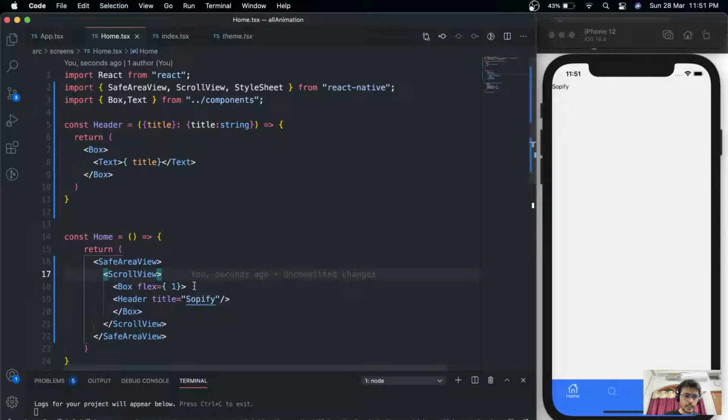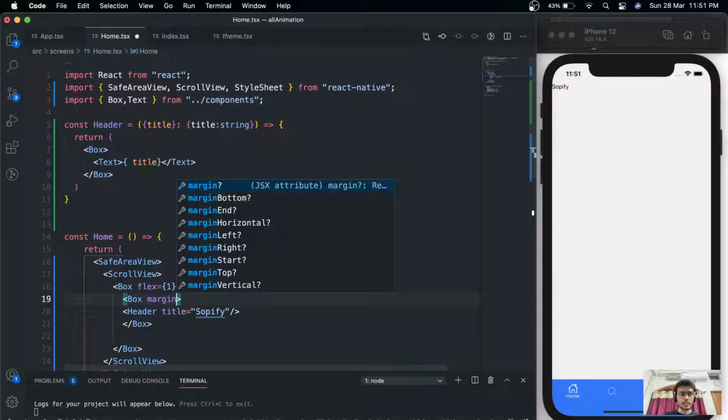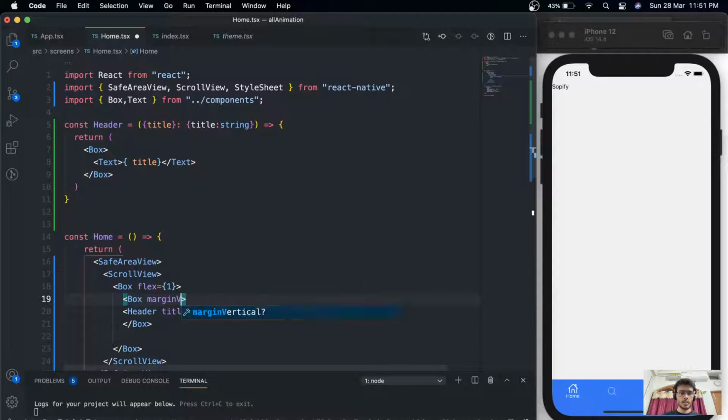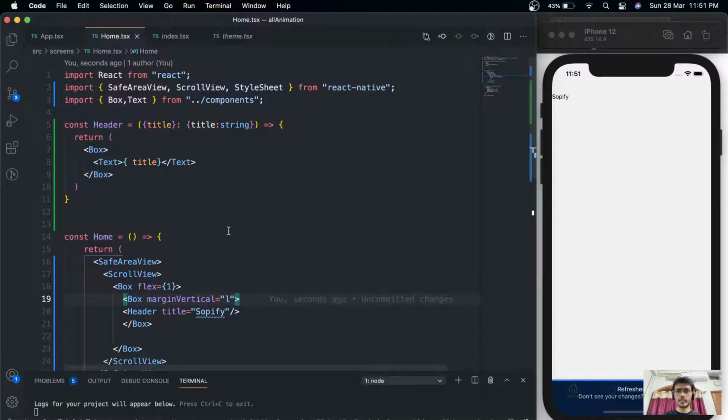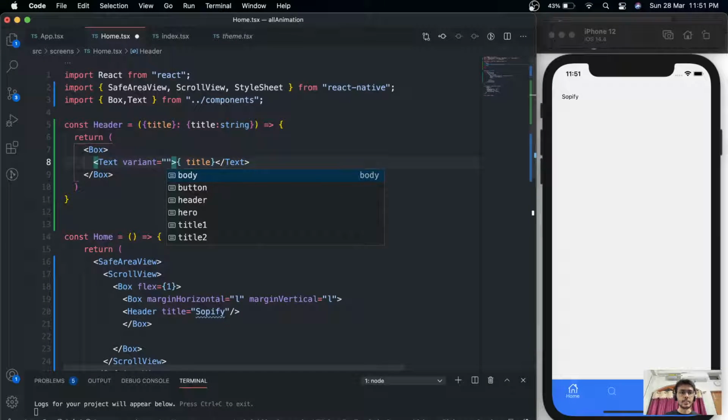So this is how it looks right now. And inside the box we can just put it over here, and margin vertical be like L, and margin horizontal as well. Yeah, that seems okay. And this header inside title we're gonna just use variant, and that would be when you